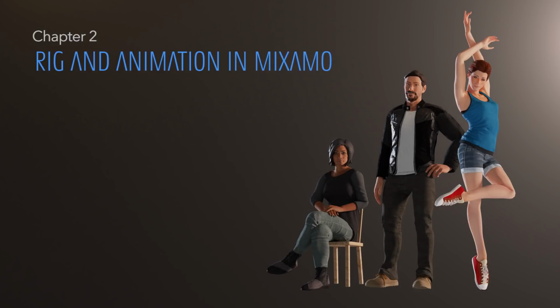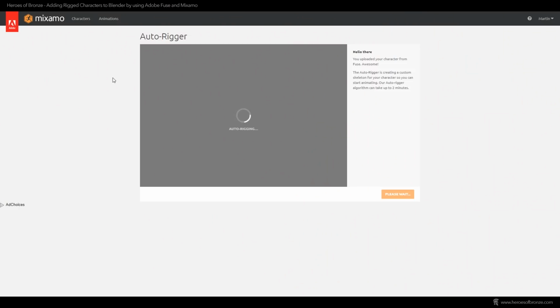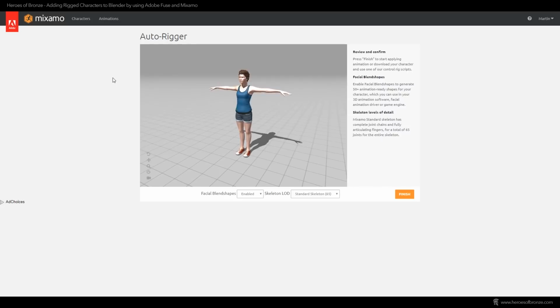Now, I don't know about you, but I was just never really able to learn advanced rigging. Sure, I can create some simple bone structures and let Blender create automatic weights when setting up the armature, but still, I always wanted to have a tool that would help me with it. Well, Mixamo can do that, and with Fuse it's even more awesome.